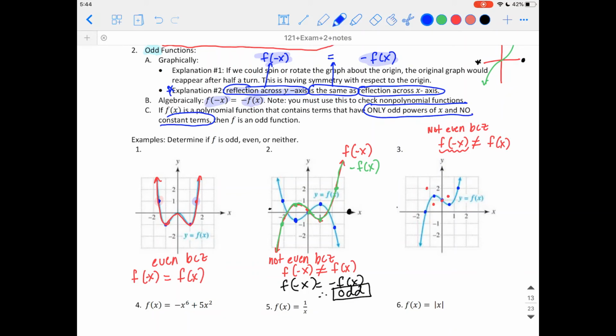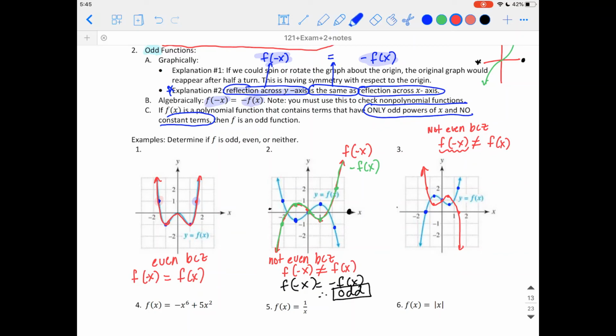And this point here, if I reflect it across the y-axis, turns out to be here. And so if I connect the dots, it's going to look something like this. So it's definitely not even. I did not end up on the same graph. Now I'm going to do the